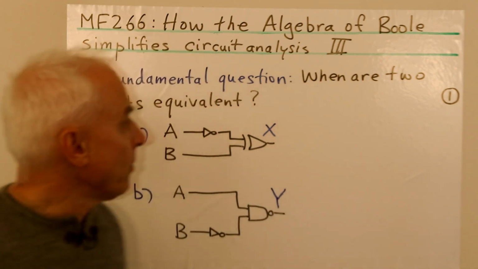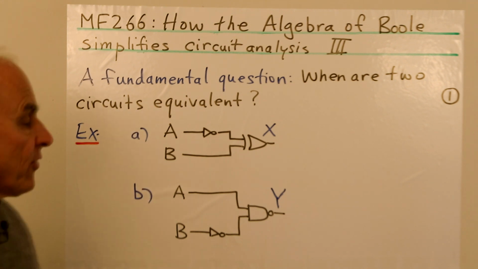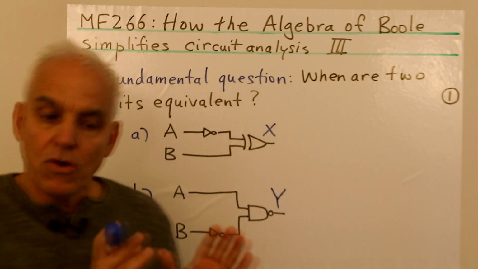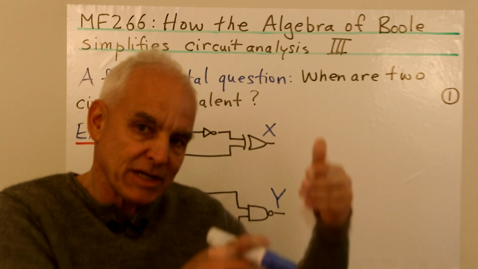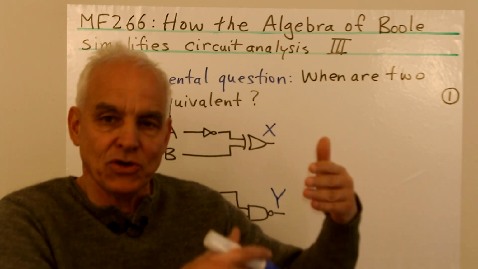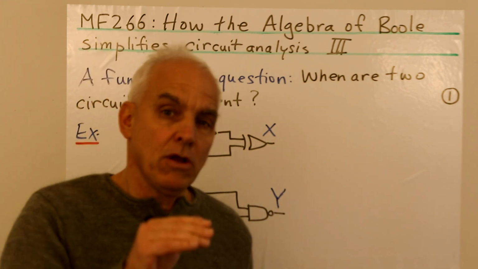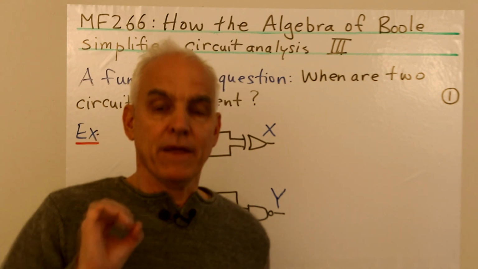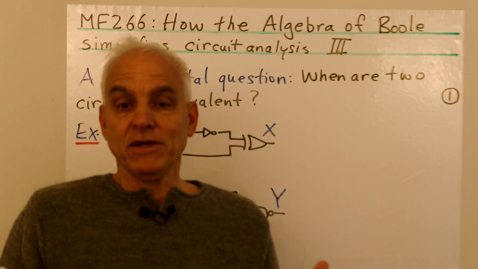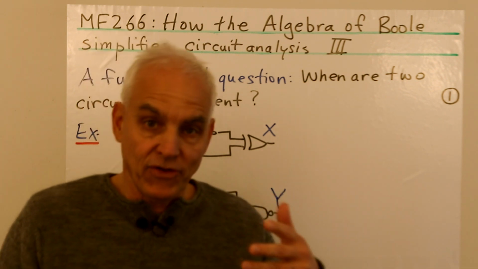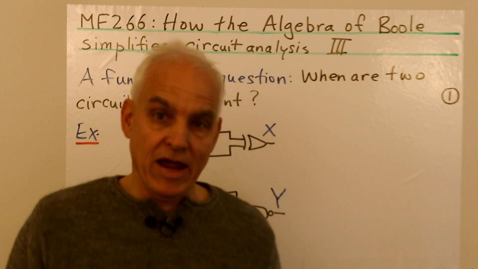Okay, so we're going to be looking at the following fundamental question today. When are two circuits equivalent? And the idea is we're not going to take the two circuits and draw up truth tables or express the outputs of those circuits in terms of all possible inputs. Rather, we're going to look for the canonical Boole polynumber that represents each of the circuits. And the two circuits will be equivalent, that is, they have the same outputs with the same inputs, precisely when their Boole polynumbers are the same.